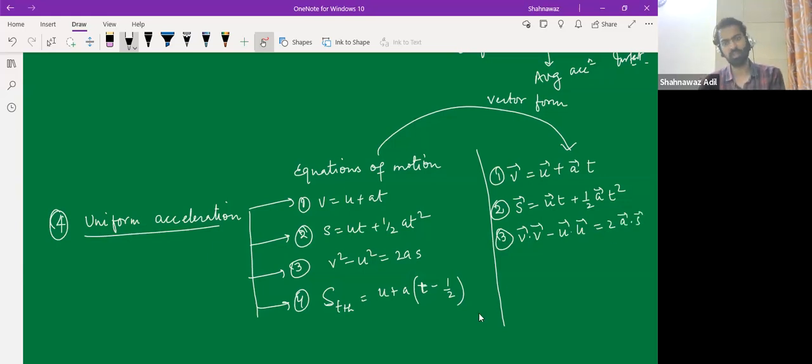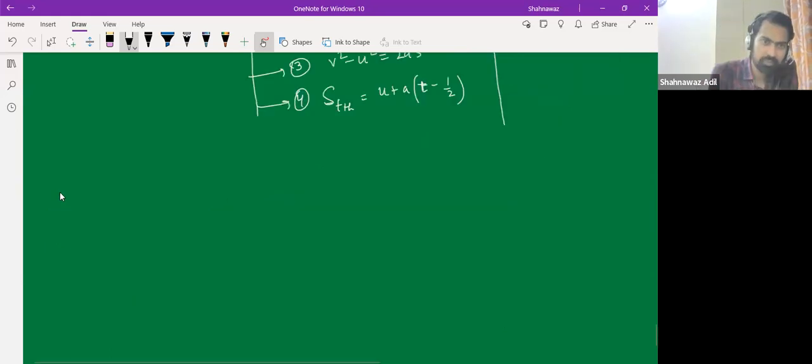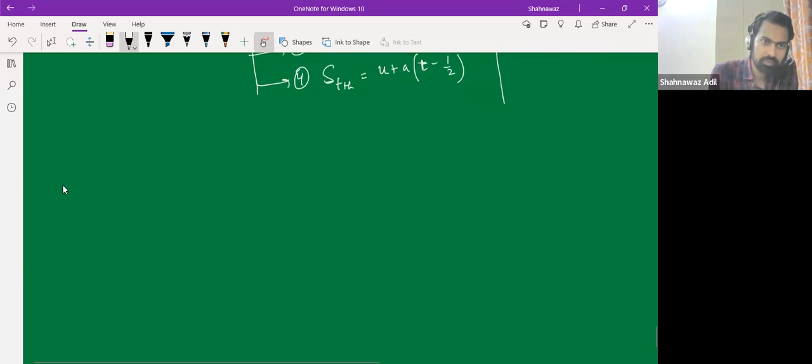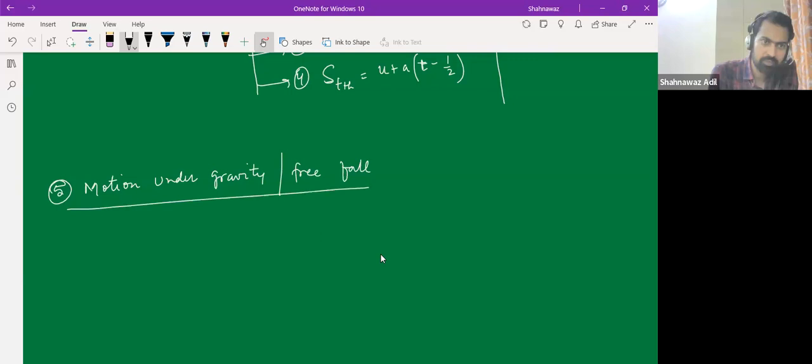So these were the equations. Okay. And then we talked about motion under gravity. So these are things we learned, and the last thing we learned was